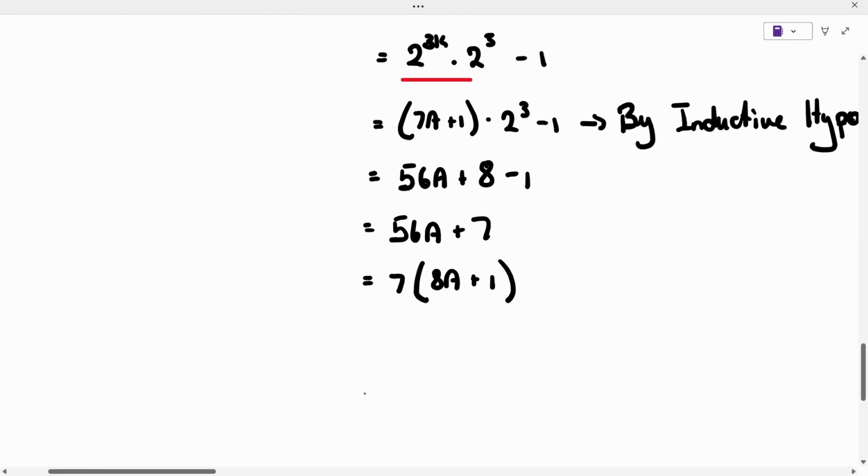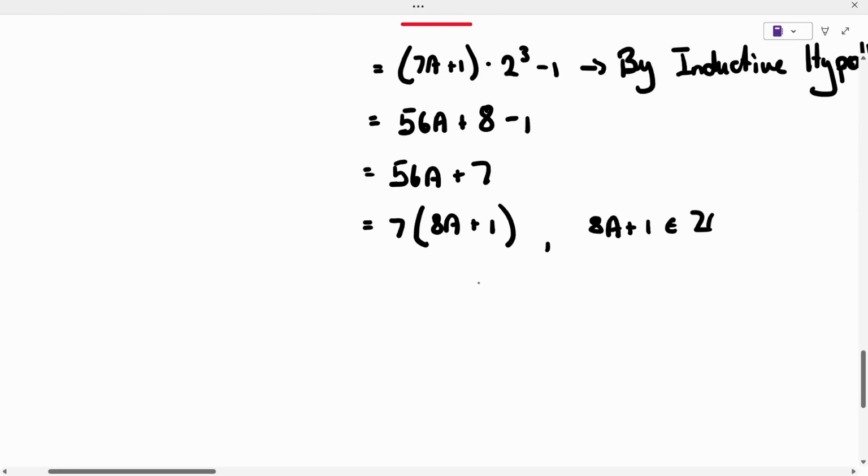So here's the question: does 7 divide this? Well, you see, 8a plus 1 is an integer because integers are closed under multiplication and addition. So, since 7 divides 7 times 8a plus 1,